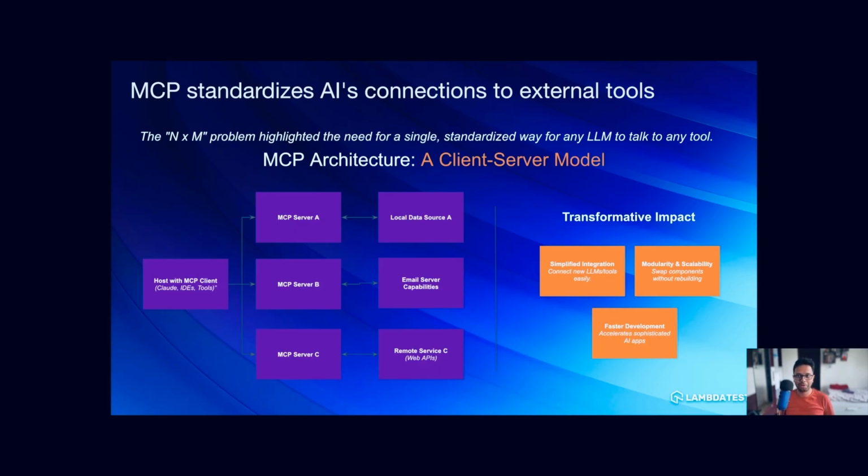Now, Model Context Protocol is a way to let your client, it's a client-server model at the end of the day, and we'll go a little deeper into that. But here we are saying that if you build an AI application and you have a server, you don't have to worry about if the server is changed. To give an example, typically a Model Context Protocol setup has something called a host. And this host will have an MCP client.